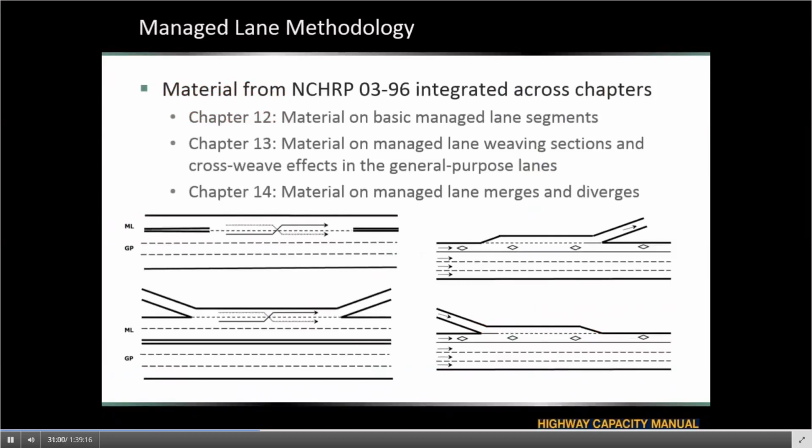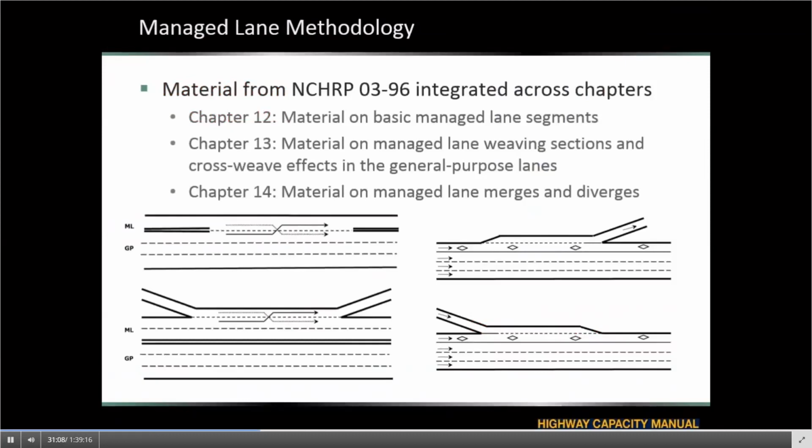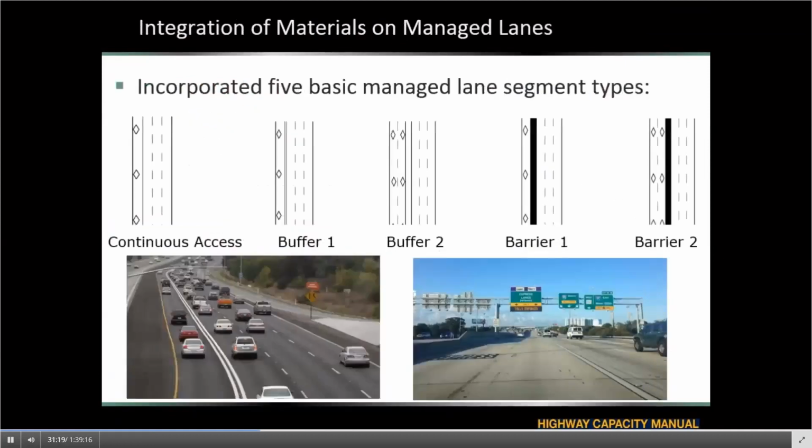Chapter 13 has it for managed lane weave segments, as well as characterizing the cross-weave effect in the general purpose lane when you have traffic coming from an on-ramp going into the managed lane or vice versa. Chapter 14 has the merge and diverge segment analysis for managed lanes.